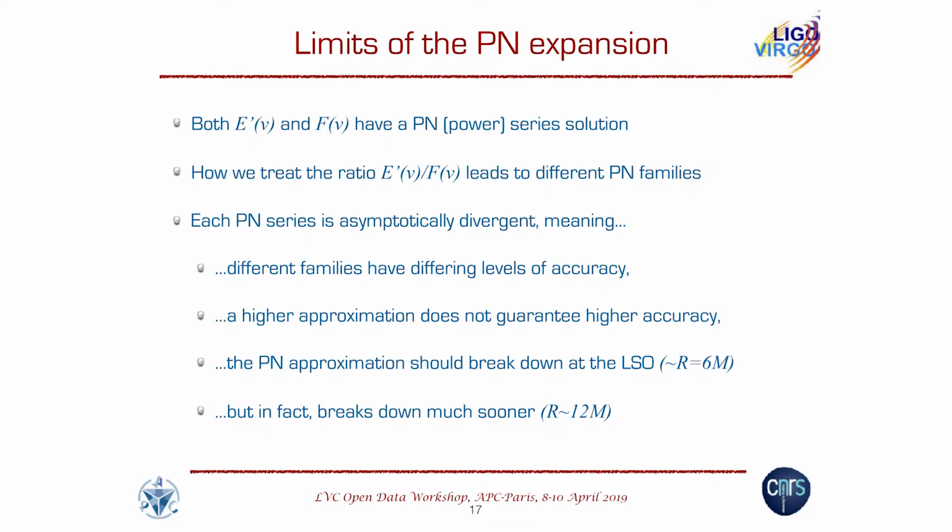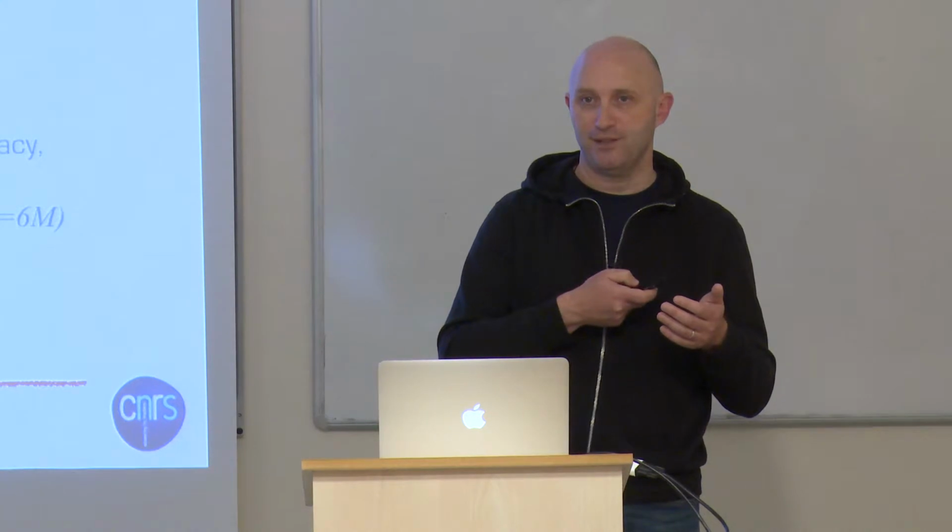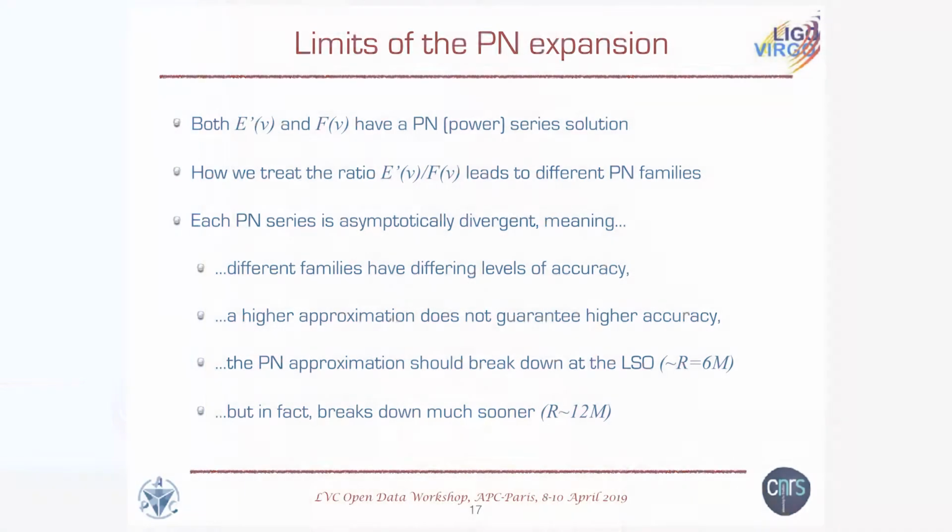And how we treat that ratio can lead to different families of post-Newtonian waveforms. So the easiest thing to do is just to leave everything as the ratio of the two polynomials and carry out your calculations. You could also expand the denominator and multiply through by the numerator and truncate at the sufficient post-Newtonian order, and that'll give you a different